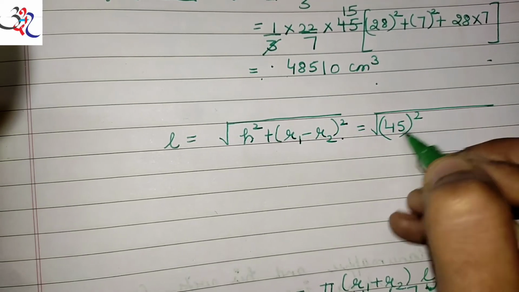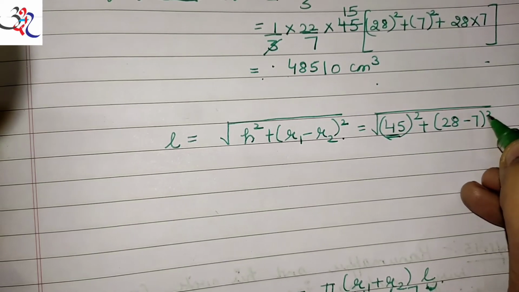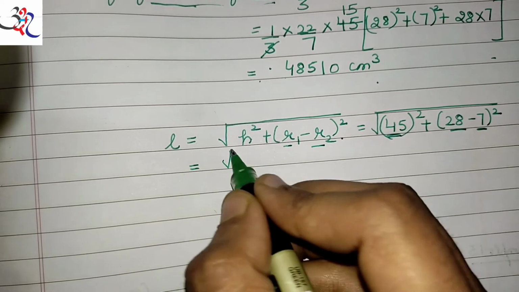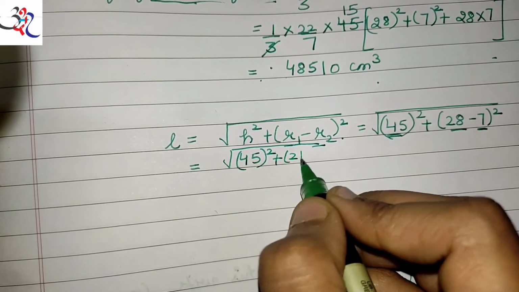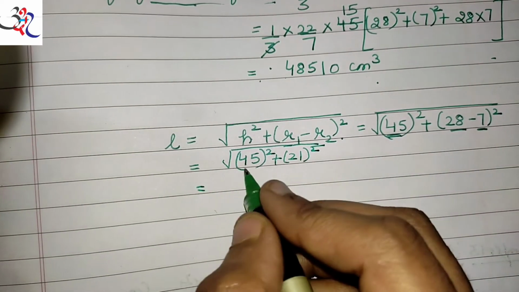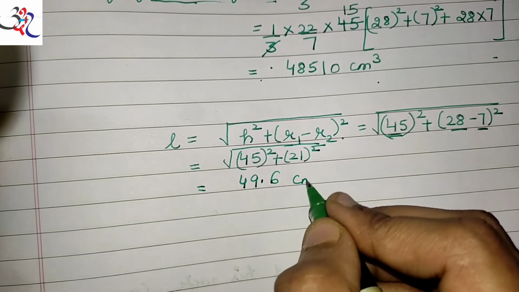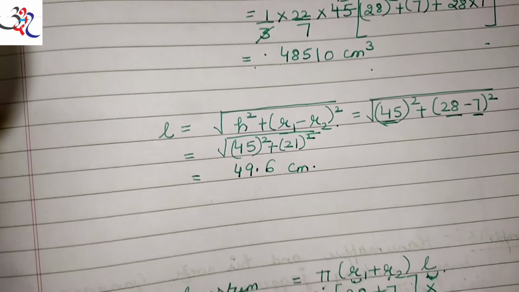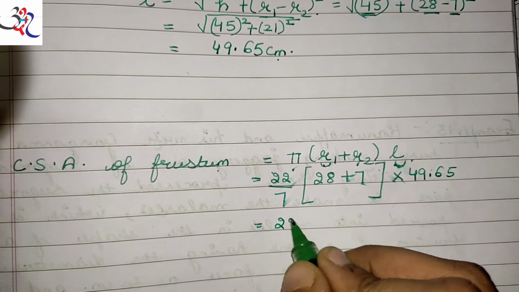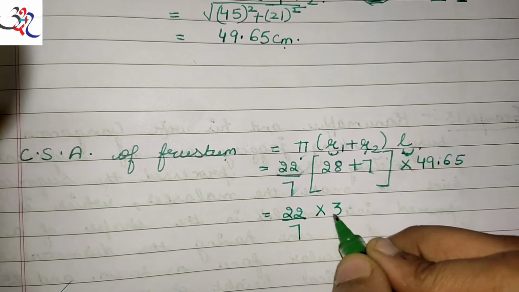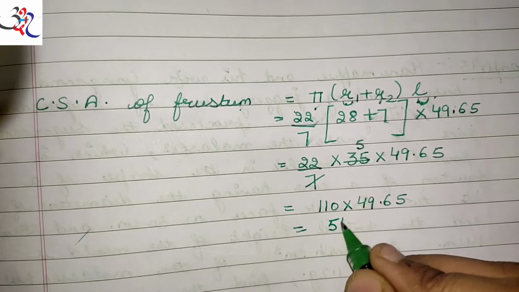H is 45 square plus r1 is 28 minus r2 is 7 whole square. After simple calculations, we get 45 square plus 21 whole square. If you solve this value, you will get L equal to 49.6 centimeter. So put the value of L in the curved surface area of the frustum. When you solve this, you will get your final answer,